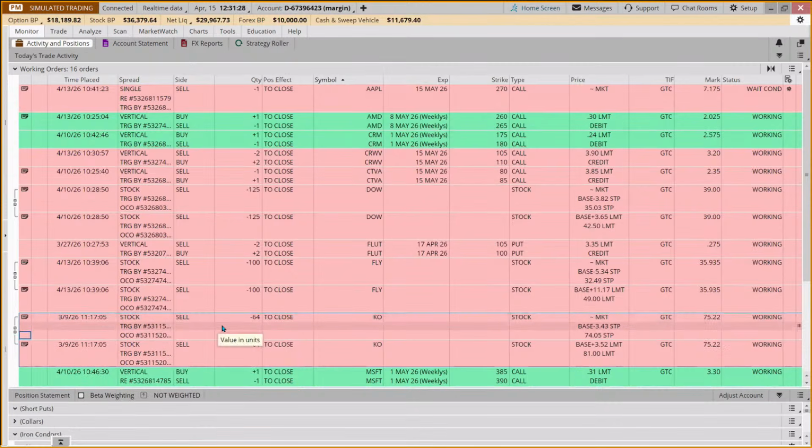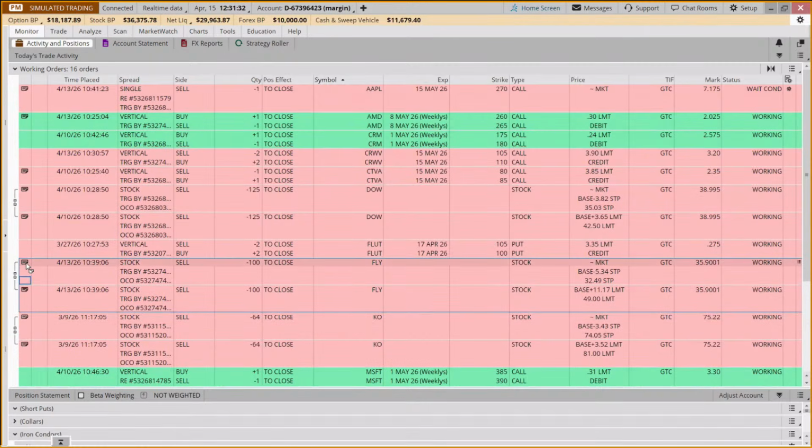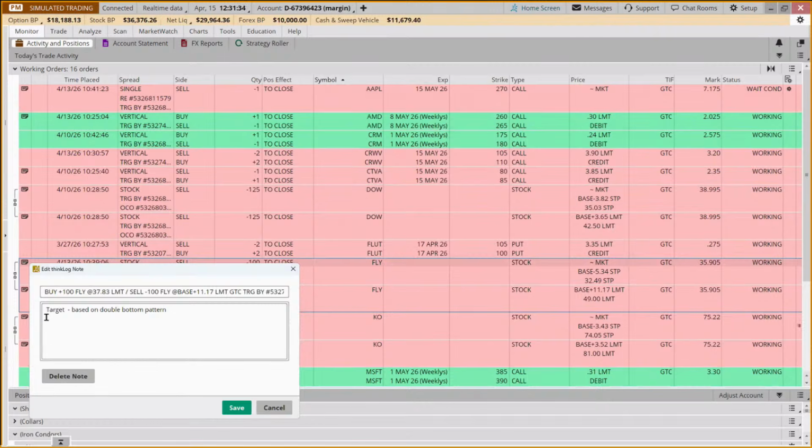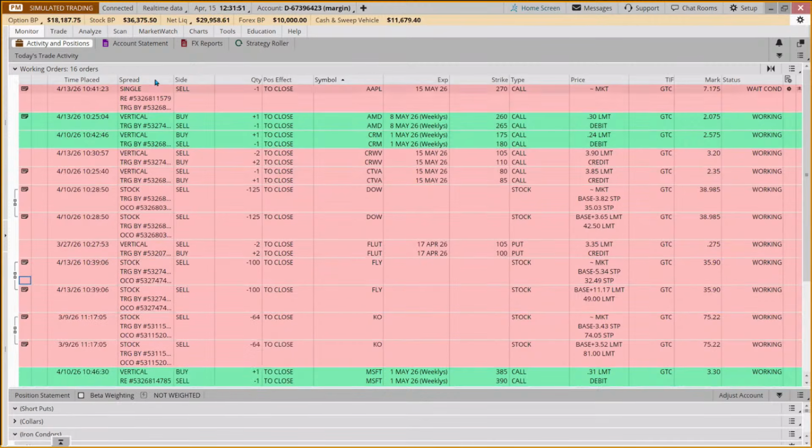But for your use, you may say, well, I'm putting this note in because I want to know why I'm placing this target. And this target is based on a double bottom pattern. It might be a swing trade or a 1 ATR target or whatever it may be. This is just a note from you to you that only you see. And where you put these